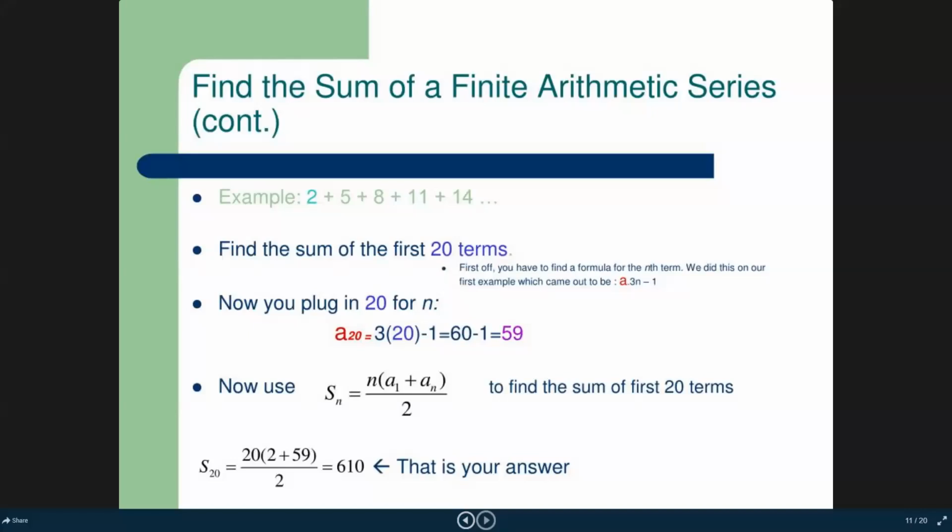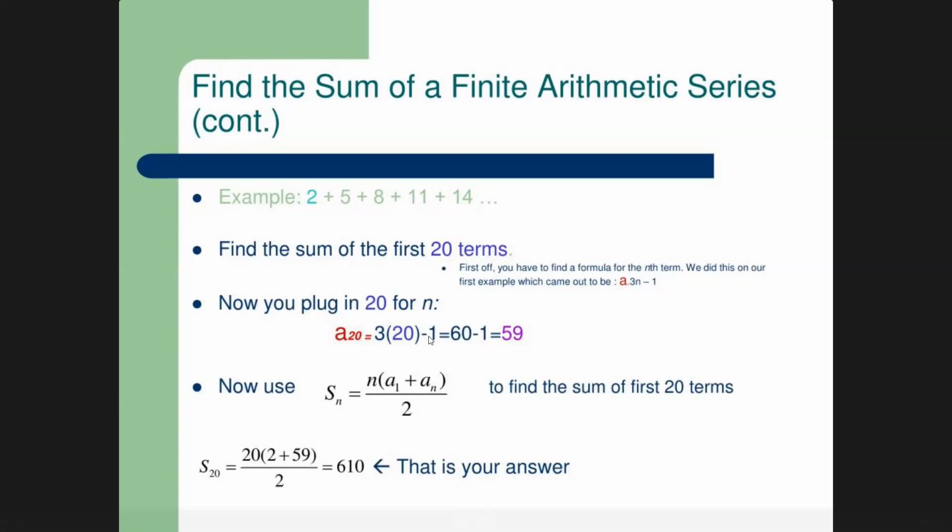This is an example they are giving you there. So you have a sequence of numbers here, and you want to sum them, right? It says find the sum for 20 terms, so you already have n. n is 20. You look at the series, first term is 2, right? Now you don't know the last term, so you put it in this formula, A20 equal to